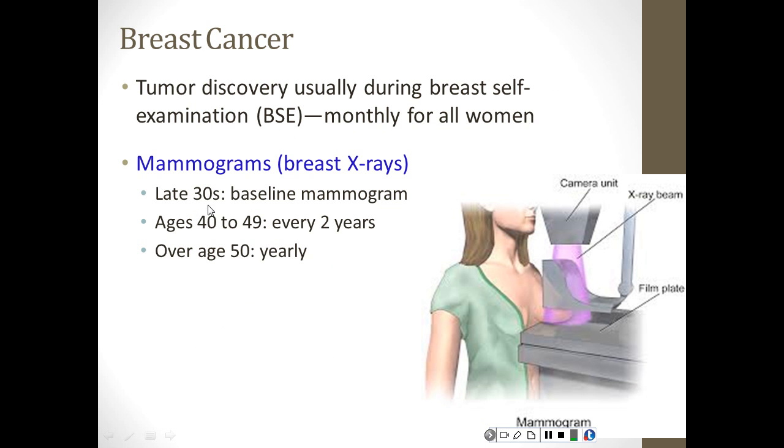They usually start in your late 30s, which would be a baseline for your mammograms. And they actually used to start at 40 years old. And it used to be 50 back in the day, but now a lot of doctors are trying to get it down to the 30s